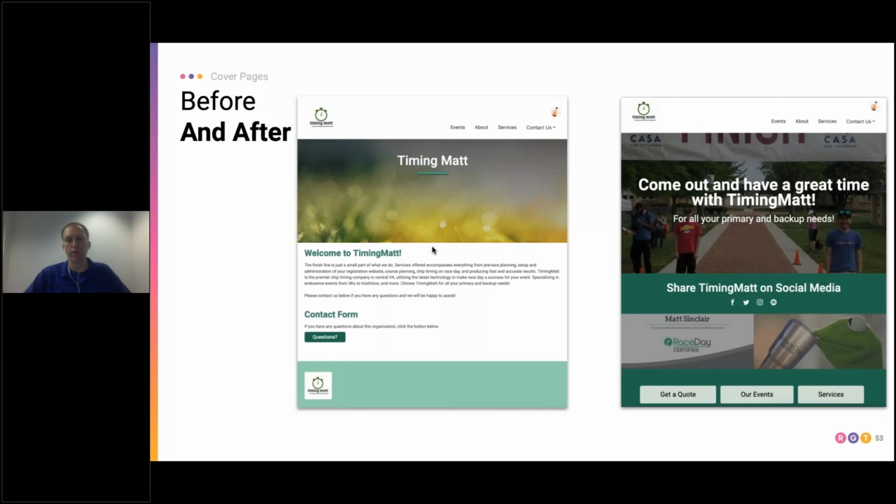So here's kind of a before and after view. Again, if I didn't have the cover page set up, this is that default banner that I was mentioning earlier when you're going through the basic website setup. And then we had the info page that was on there. Once we add a cover page and we've added a header option with the header and the description, and then